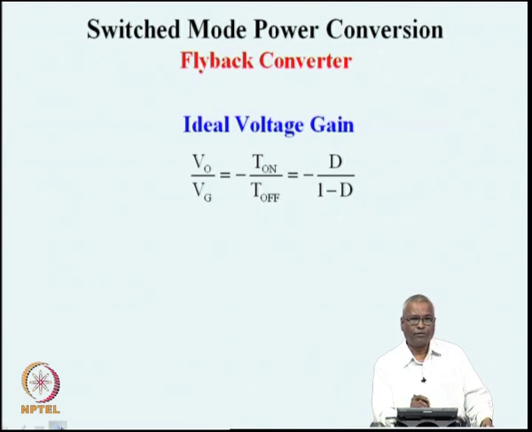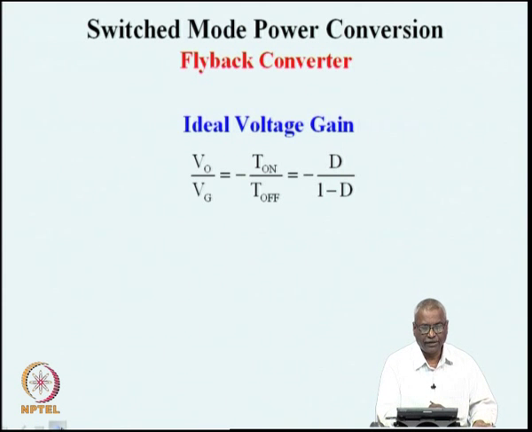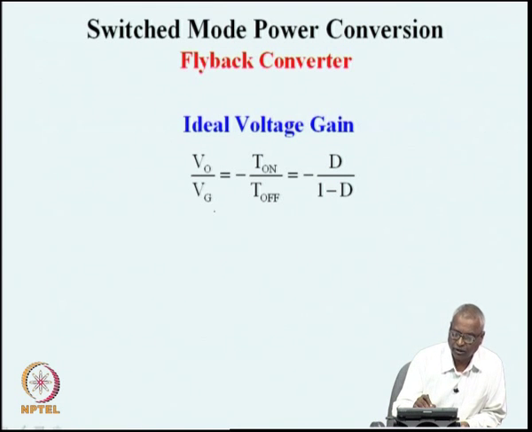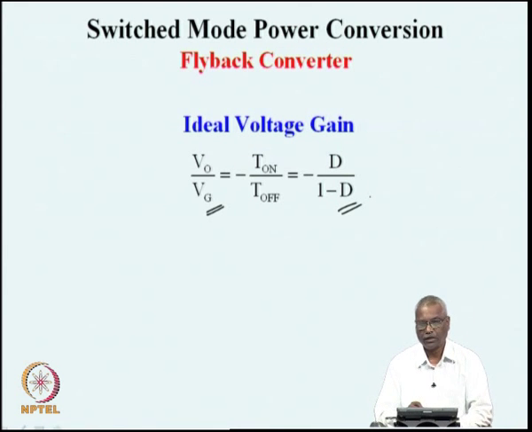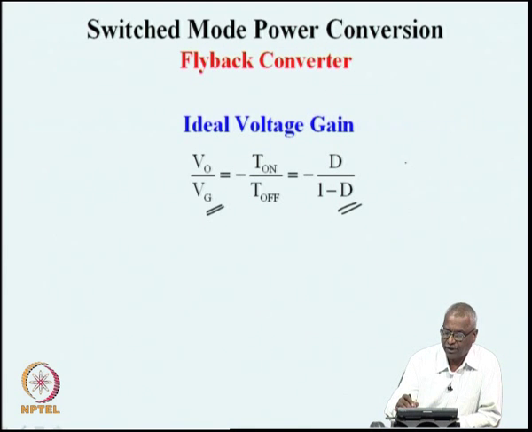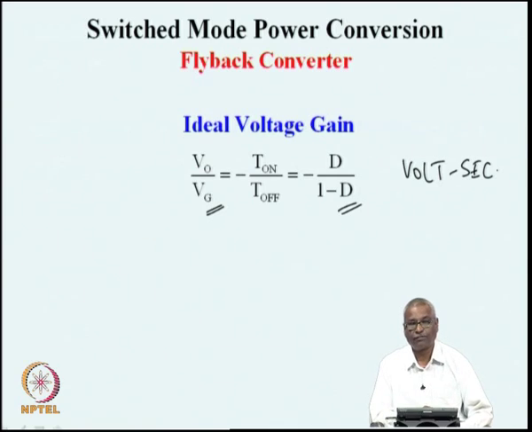So, practically now we have done the ideal as well as the non-ideal steady state analysis of this converter, and we see that the ideal voltage gain of this converter is V naught by Vg, which is minus d by 1 minus d. This was obtained by applying the volt second balance on the inductor. This was our method of evaluating the